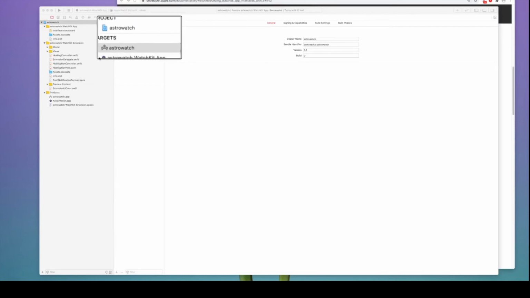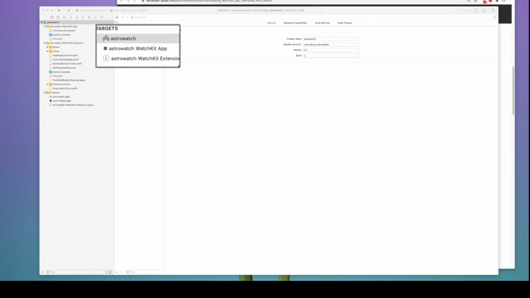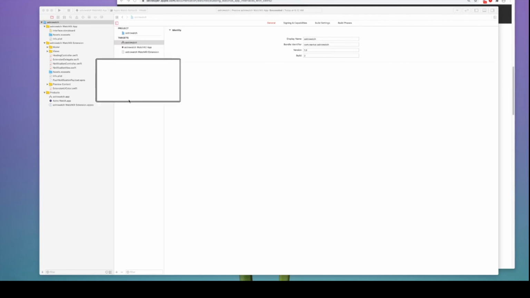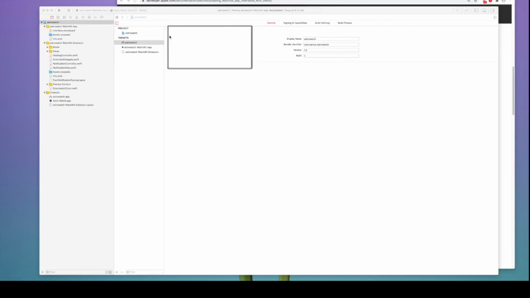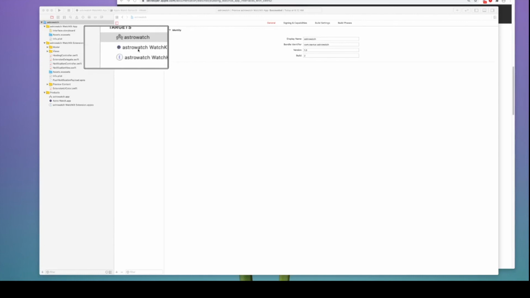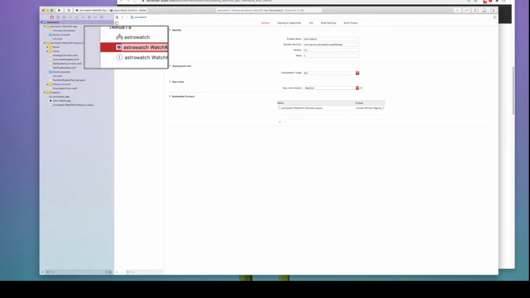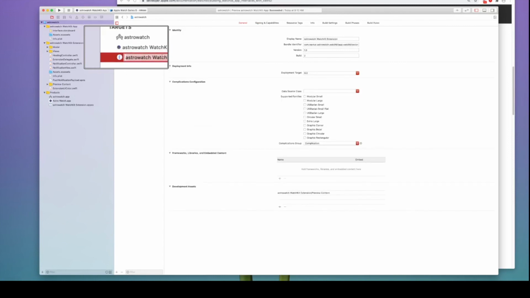I want you to observe that there are 3 targets here for the Astro Watch app. One is the Astro Watch app, the second is the WatchKit, and the third one is the extension. So for the first one, if you click on the first Astro Watch target, you will see the display name as Astro Watch, as you can see here, and the bundle identifier and the version and the build. Now if you click on the second one, you will see a different bundle identifier which I've used for the WatchKit app, and if you click on the third one, you will see a different bundle identifier.